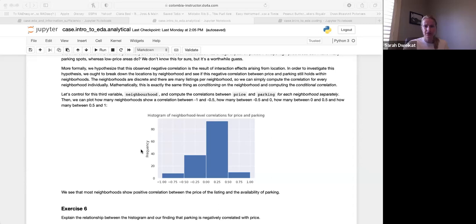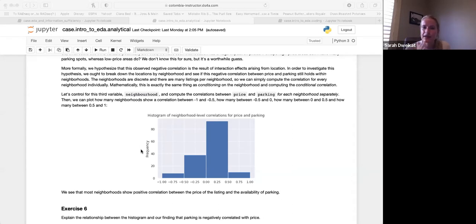There's a good question about how you separate neighborhoods into levels. You would get this from your data set, where they would have location data for that rental, saying what neighborhood it is in. You could also divide it by zip code. It just depends on where you are. In this case, we saw that maybe location is important, so that's a good question, how you break down your data to be more granular. Here we have that neighborhood data. We know which listing is in which neighborhood, so we're breaking it up that way.